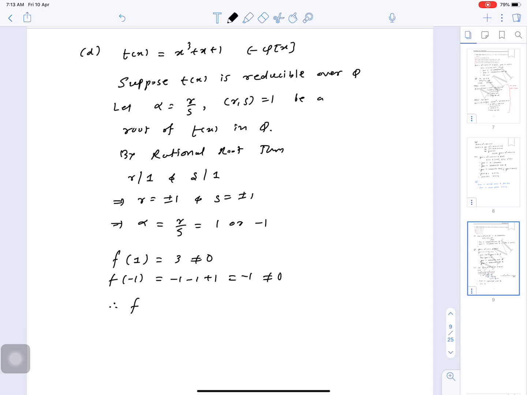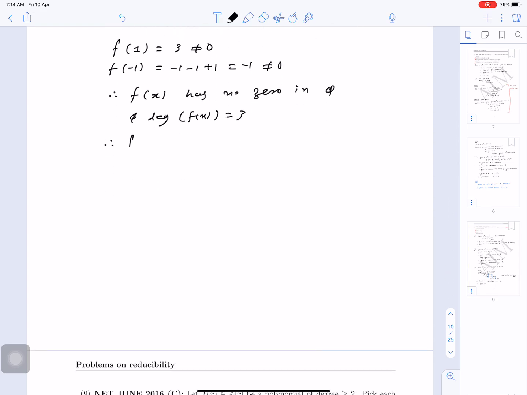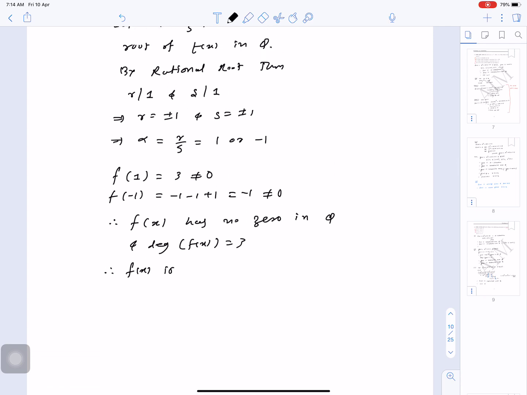So therefore f of x has no zero in Q, and degree of f(x) is equal to 3. So therefore, sorry, not f, it is T. So let me correct at every place. It is T of 1, T of minus 1, T of x, and here also